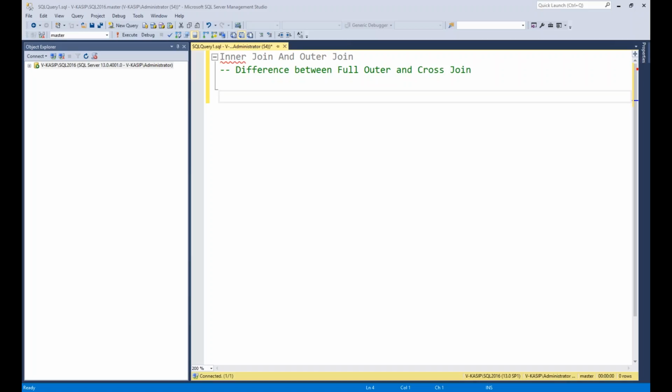Okay, inner join skips the null values, but outer join does not. That's an interesting question. So basically, Shruti, you mentioned inner join will skip the null columns. Let's take table A, we have the DEPT ID, and table B also has the DEPT ID.